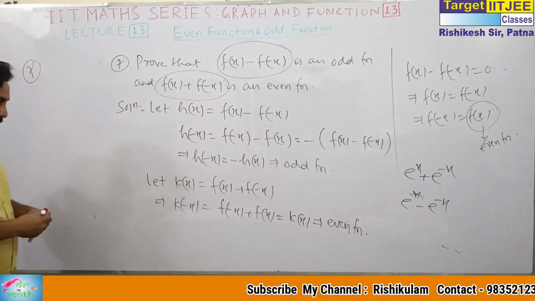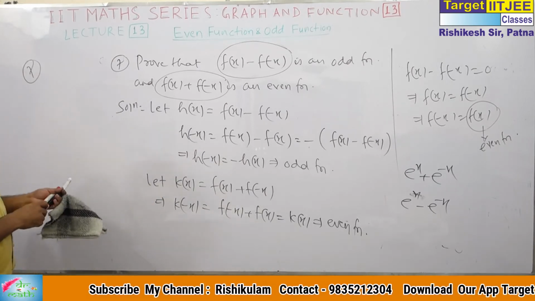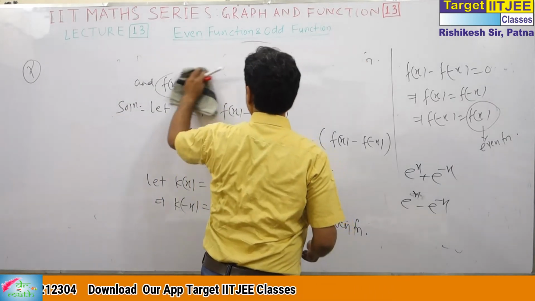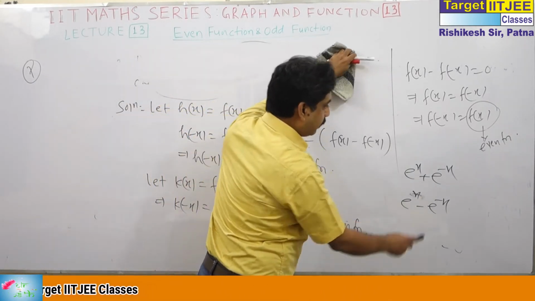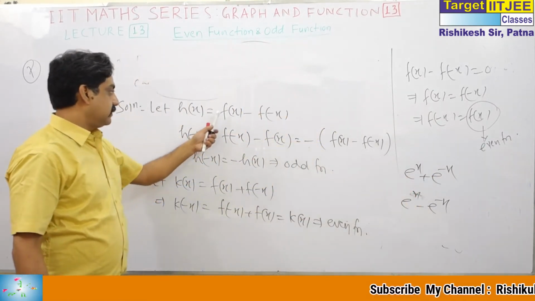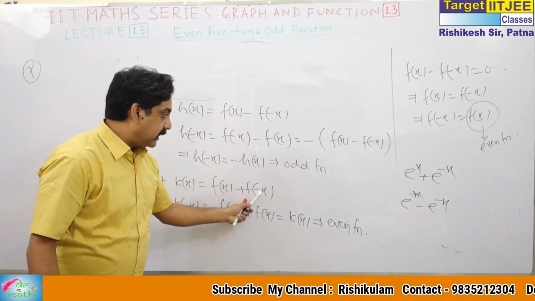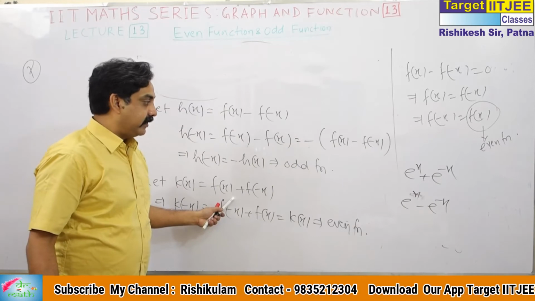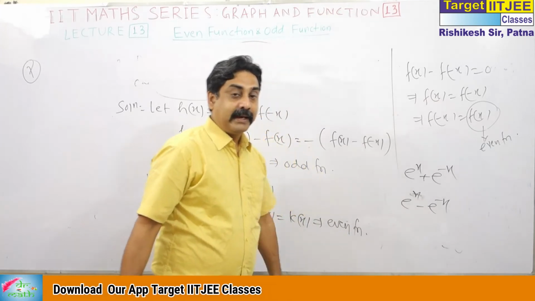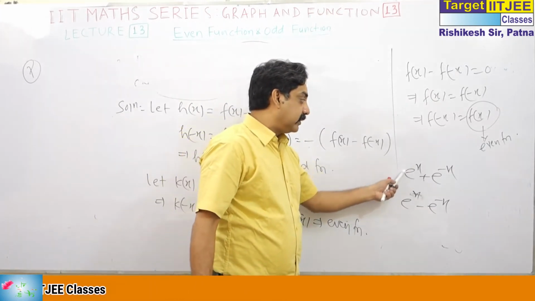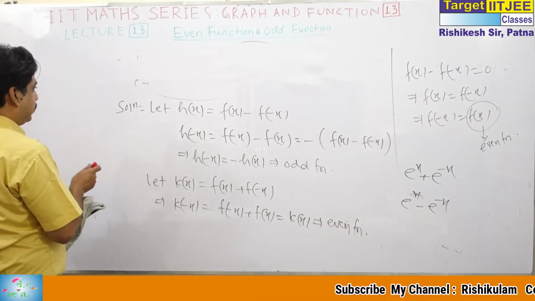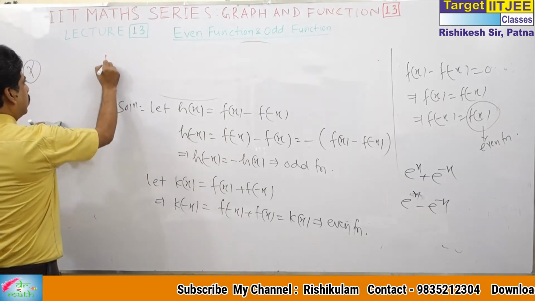From this question, there is an important property of even odd functions, and this is very interesting. If you write a function, replace x by minus x and add, you will get an even function. If you write a function, replace x by minus x and subtract, you will get an odd function. It doesn't matter whether the individual function is even or odd or neither. Now, come to a property. Then I will move to one or two more questions.